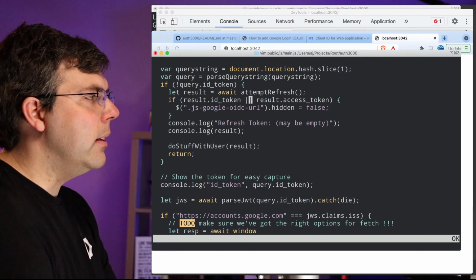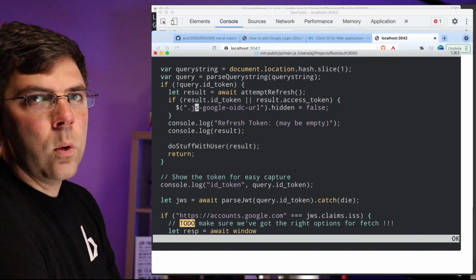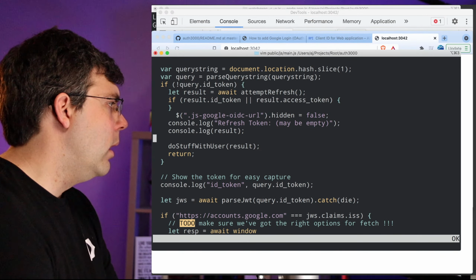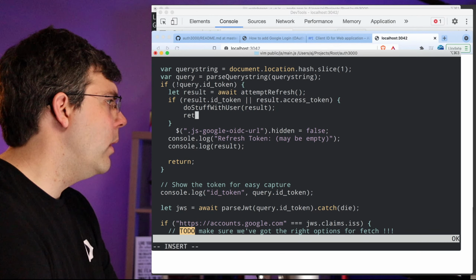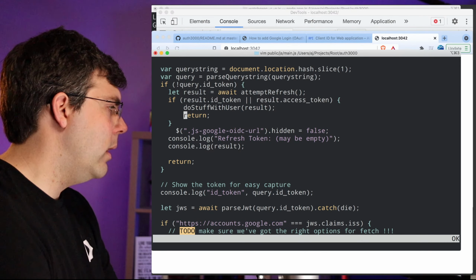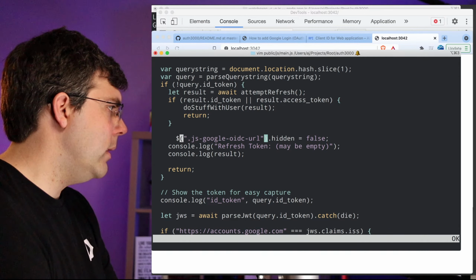I consider this to be simpler, to have an or rather than two nots and an and. So I'm going to say, if we have the token, do stuff with user return. That makes sense. Otherwise,